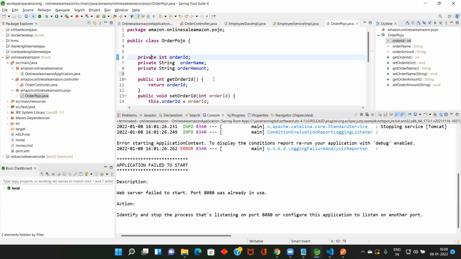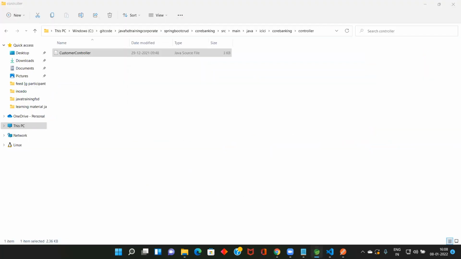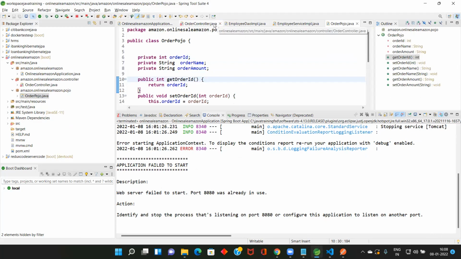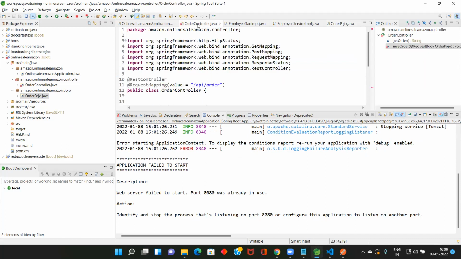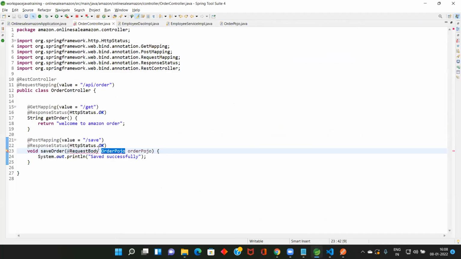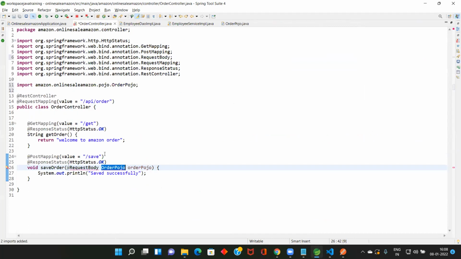Now Control S. Okay, let me go to my order POJO, order controller, Control Shift O. Now, in the browser form, you have two text boxes, order name and amount.